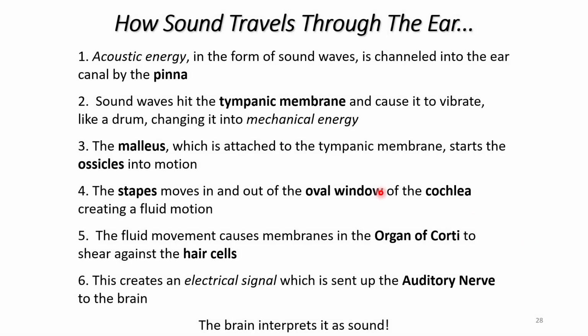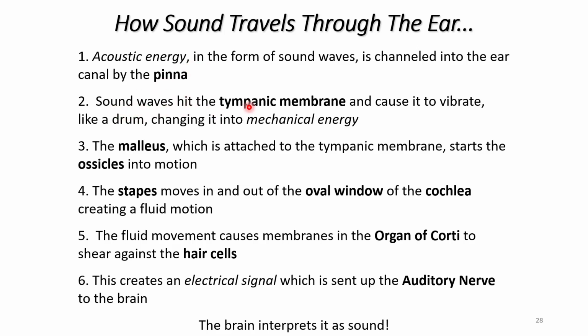So just understand the mechanism, how sound travels through the ear, and then we interpret the sound. Acoustic energy in the form of sound waves is channeled into the ear canal by the pinna. That is why the pinna has a shape like this. You must have observed that elephants have such big ear pinnas so that they have good hearing, since they can collect sound waves from a larger surface area. They have good hearing capability because the pinna collects the airwaves. So that is why there is a need for the pinna.